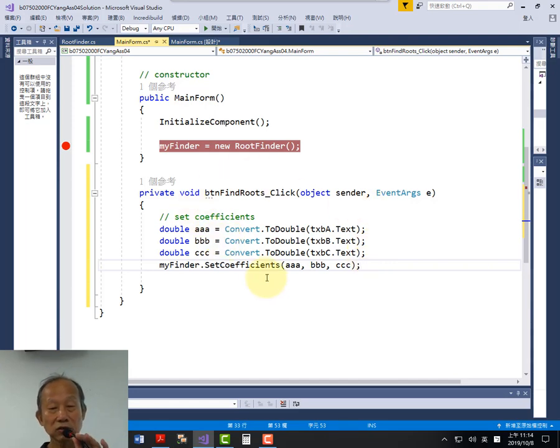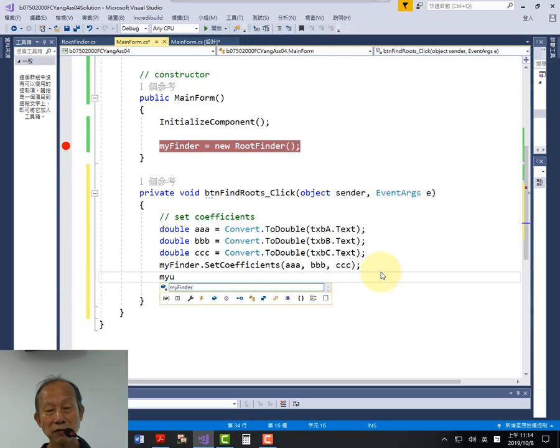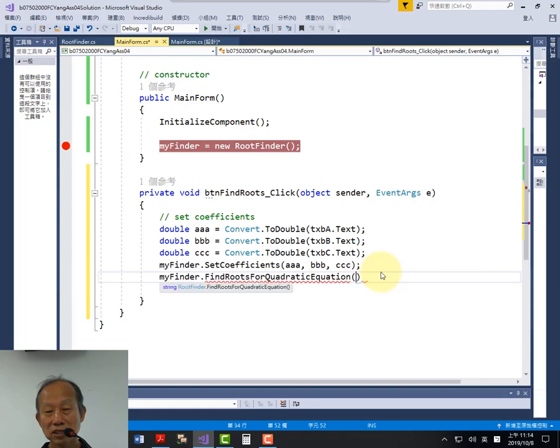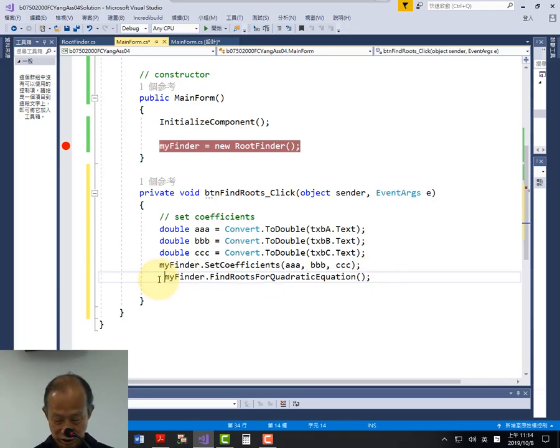So we invoke this function to get my finder's set coefficient. And then after that, I will invoke what? I will invoke my finder again, find roots, find roots for the quadratic equation, right? So this is function invocation, right? I don't need to specify any parameter. So hit the left parenthesis key, tab key, enter. So we ask my finder to find the roots for us, and then once everything has been returned, I store it